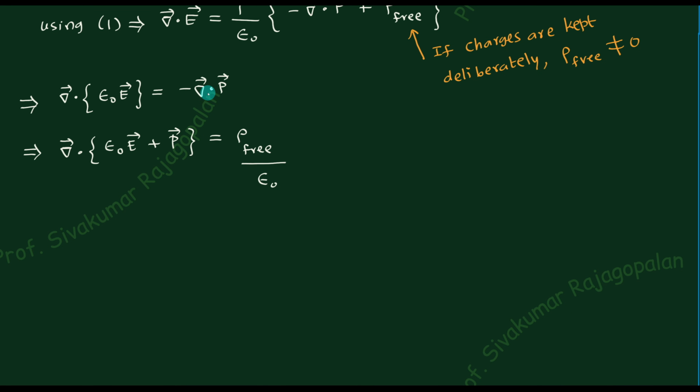Now what I'm trying to say is that the divergence of P term, you take it to the left side. The divergence is common, right? So the P can be brought to the left side, and therefore I can write like this. The quantity inside is important, so let me highlight it here. Epsilon naught times E plus P is the quantity that you have to pay attention to. And we will call this kind of object the electric displacement vector. So let us call it by the name electric displacement vector.